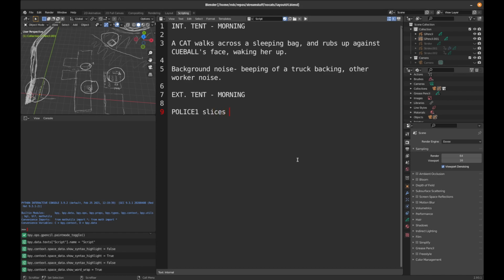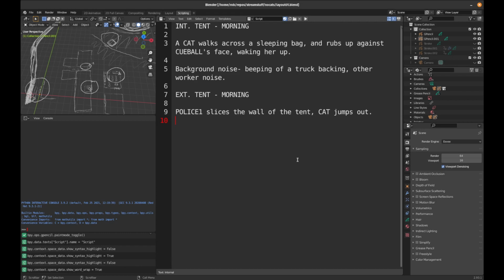So he slices the wall of the tent, and the cat jumps out. And then we're back to Cue Ball,